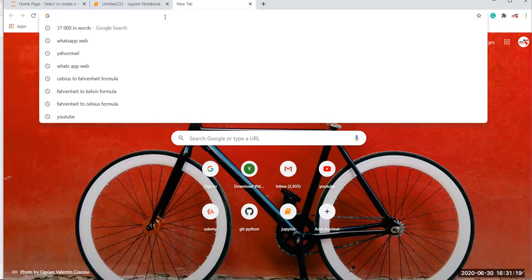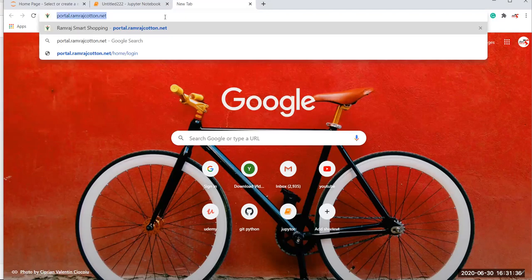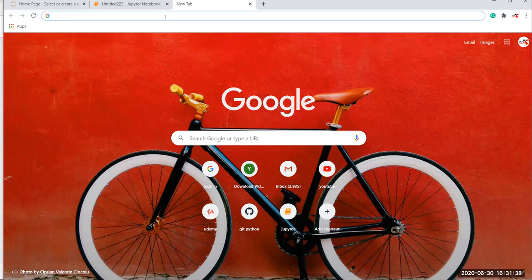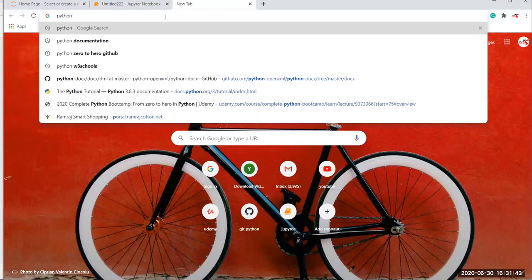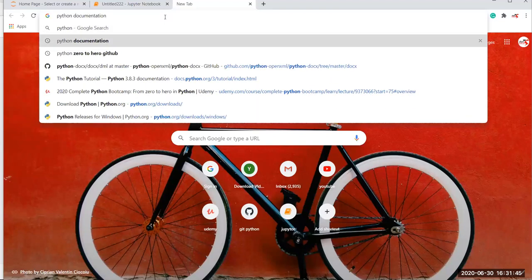You can have one more option to know about these methods and new updates or new objects in Python. So you have to go to your browser, and here you can search for Python documentation. Okay, here you can find it.